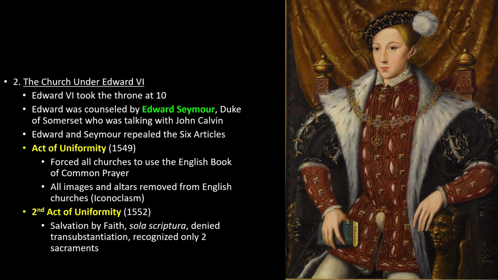Unfortunately for Edward VI, he's going to die in his teens. And who's going to take over? Well, the eldest child of Henry VIII, which is Mary, the original daughter of Catherine and Henry. And Mary, guys, is going to be known for trying to steer England back to the Catholic Church. But that's a story for another time. So there you have it, guys. The English Reformation has begun.